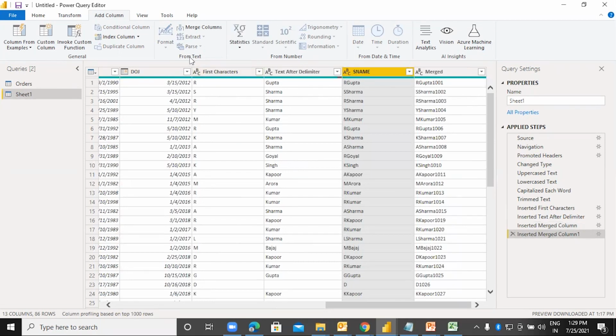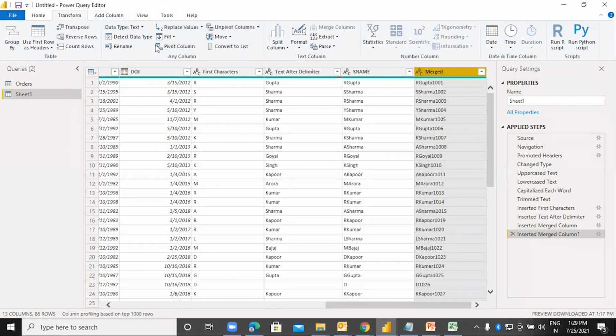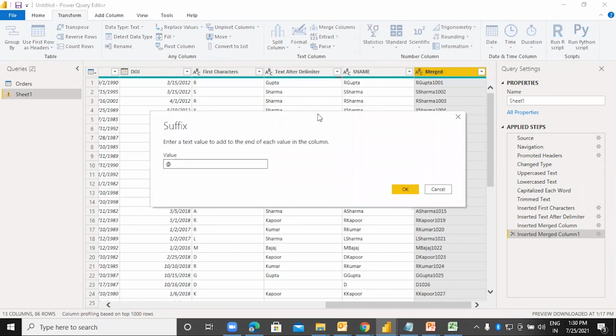And let us go to the text, merged. I will go to transform, and under the text, I will say not extract, format, add suffix @outlook.com.